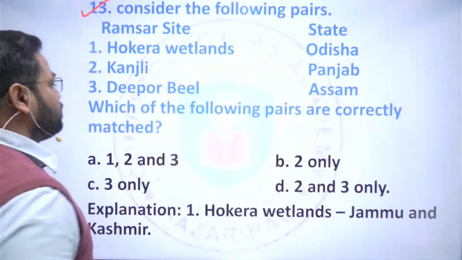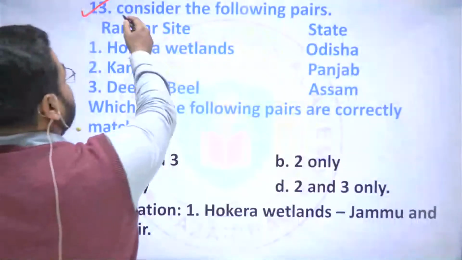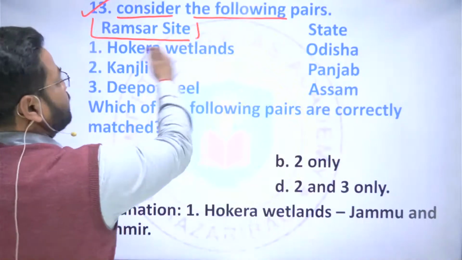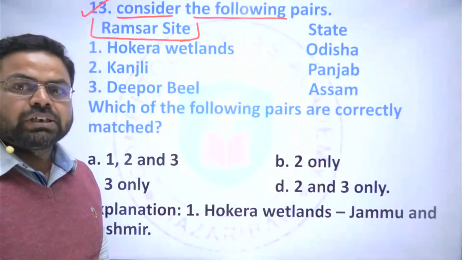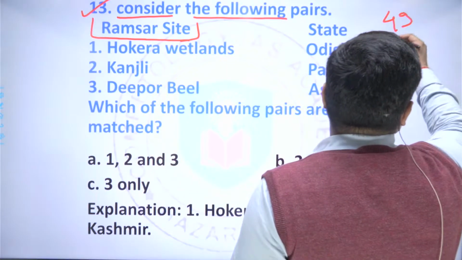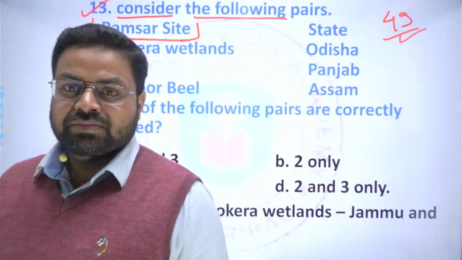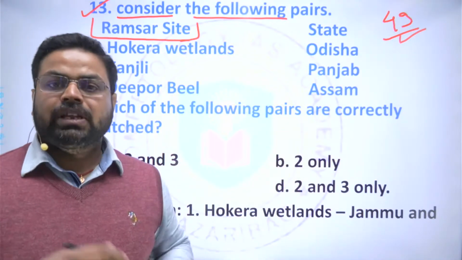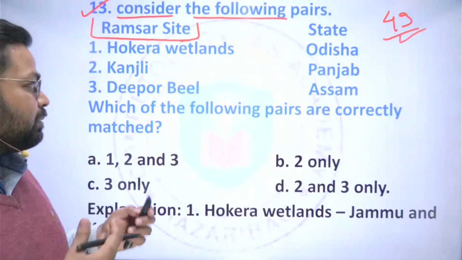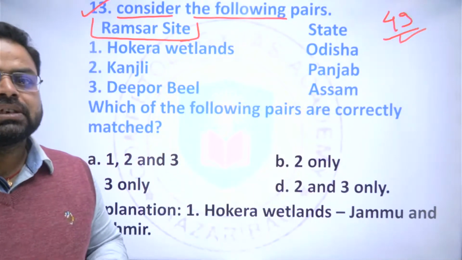Next, again, a factual question here. It is a match the following type of question. Here it says, consider the following pairs. First column is of Ramsar sites. So in India now, in total, there are 49 Ramsar sites. Gradually, this number has increased considerably. Earlier, it was very less than this, but time and again new sites are being added, and Ramsar sites are those wetland sites or shallow water sites which are of great